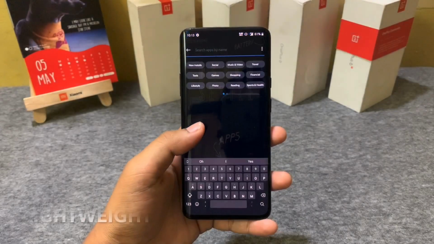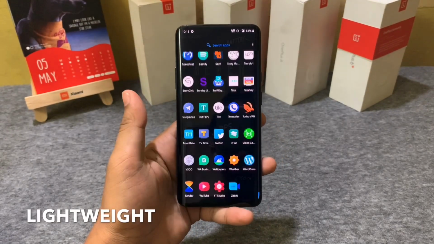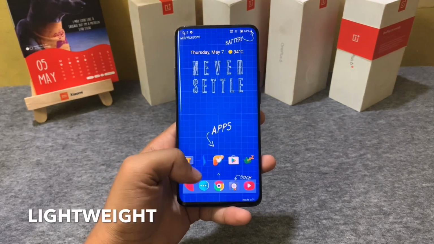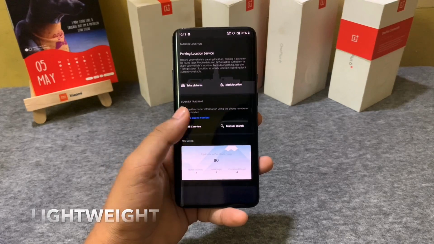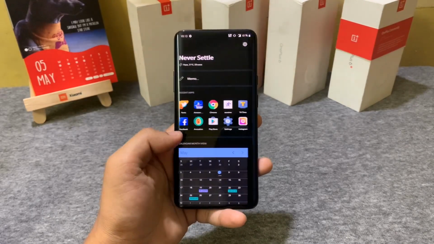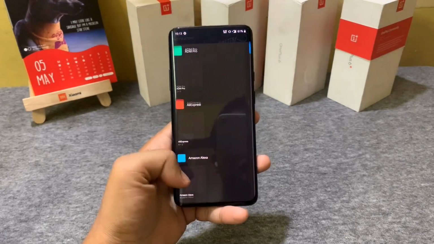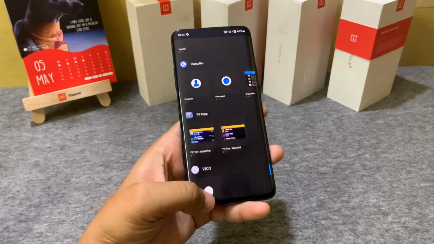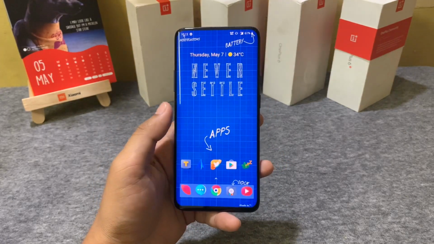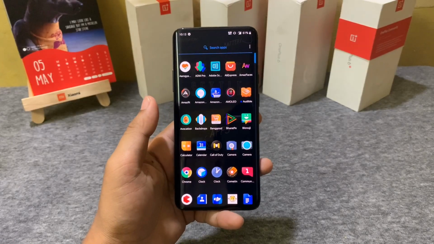Unlike some other Android skins, Oxygen OS is completely free of bloatware, with no unnecessary add-ons that can impact the performance or are hard to remove. At first glance, it feels the same as stock Android. This helps in performance as well. If you love stock Android and all of the benefits that come with it, you will definitely love Oxygen OS.